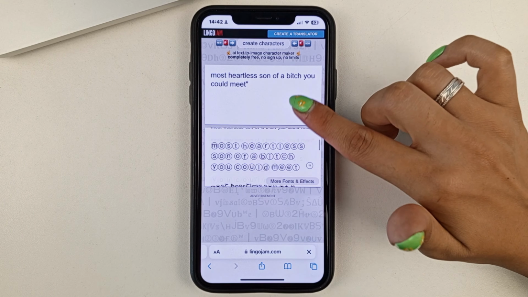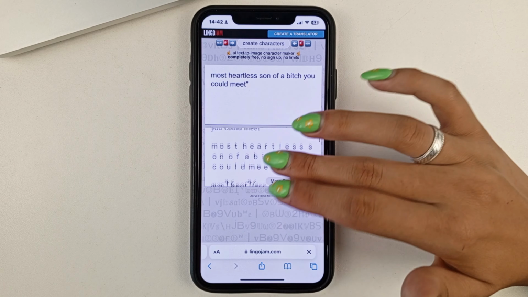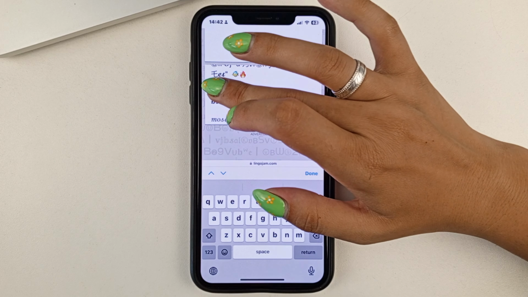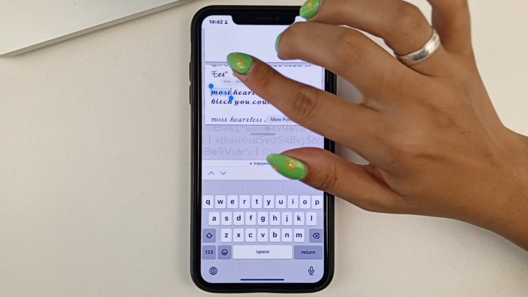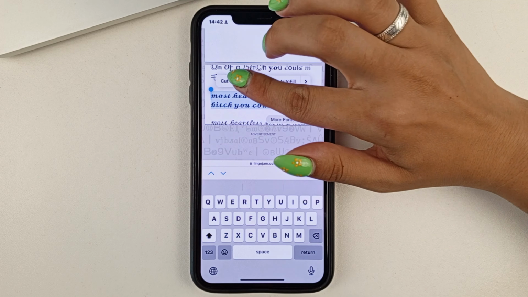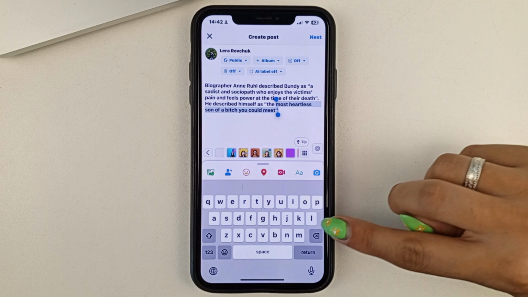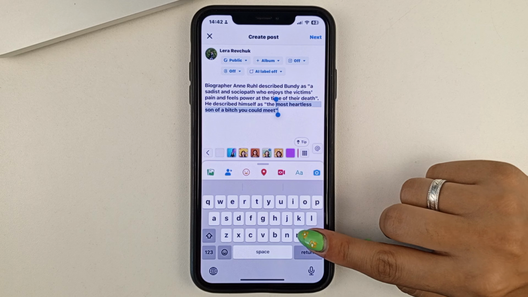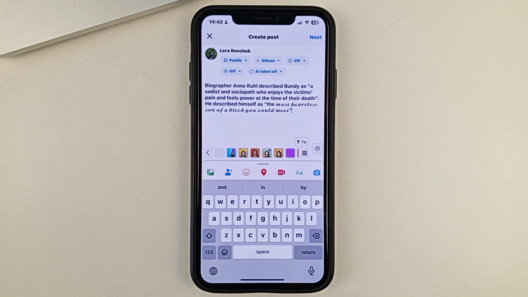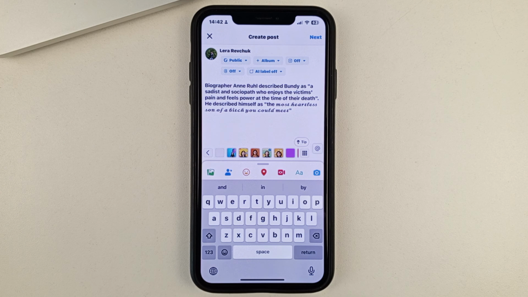There are a lot of them here, interesting in form, and unusual. And so, once you've chosen a font that you like, click on it as well, and highlight it, and copy it. Now go back to the Facebook post and you can delete the text that you highlighted. Now paste the one that you changed the font of. And as you can see, there is now text with the font changed.